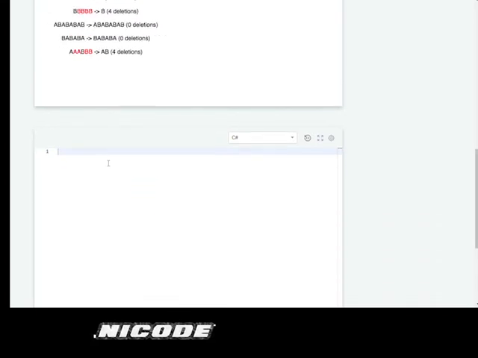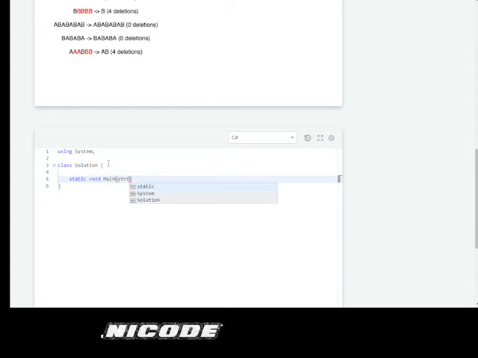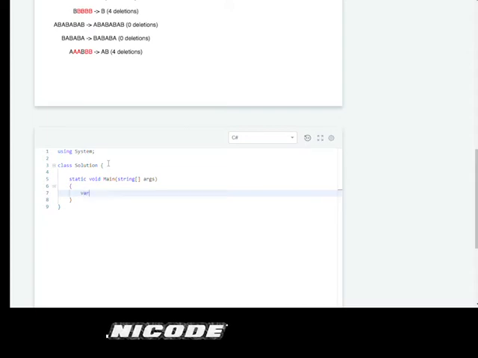We're doing this in C#. We only need to be using System because we're using some built-ins. Class Solution. We're setting up our basic program here. Static void Main, string array args. Alright, cool. So this first variable we'll be setting up is